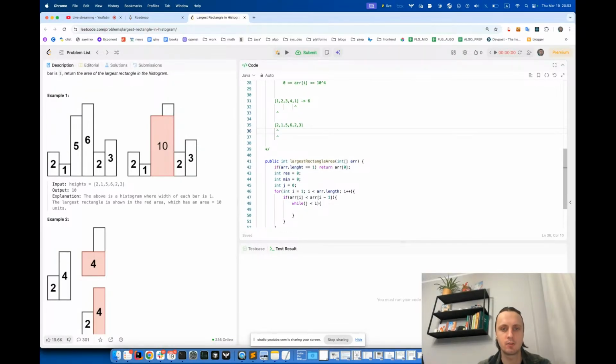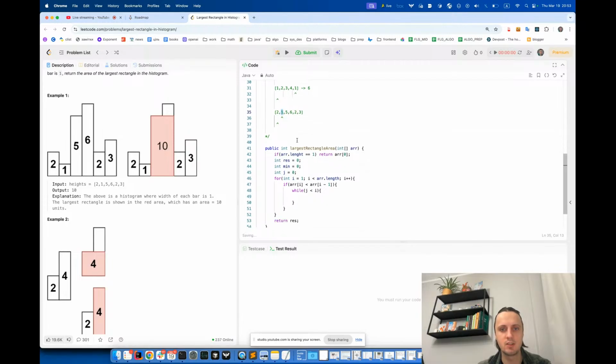Let's do like here. So we start with this one. So we see that this one is greater. So we have j, and yeah, what we can do, we can calculate our result, first the max between results, and